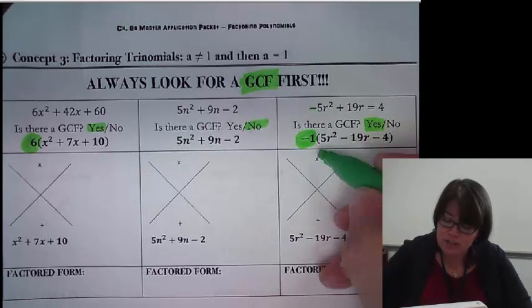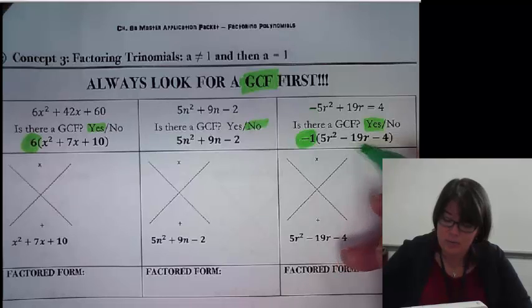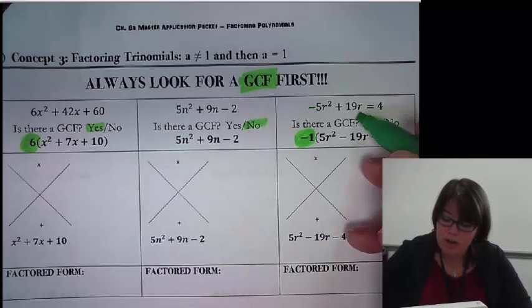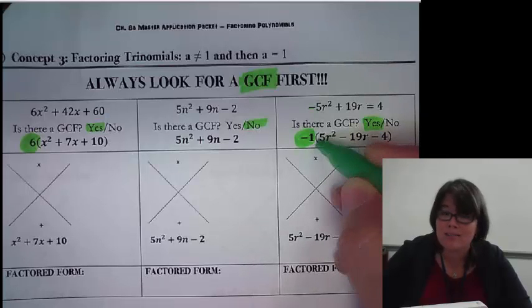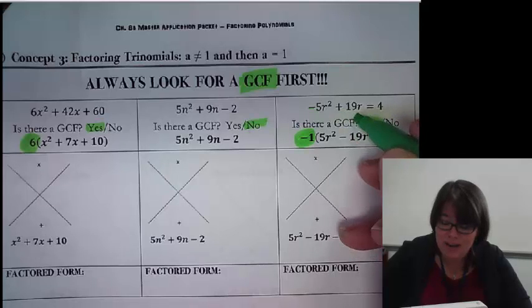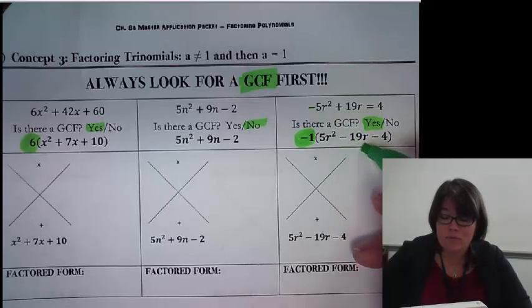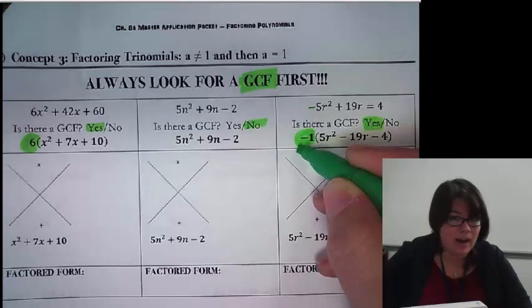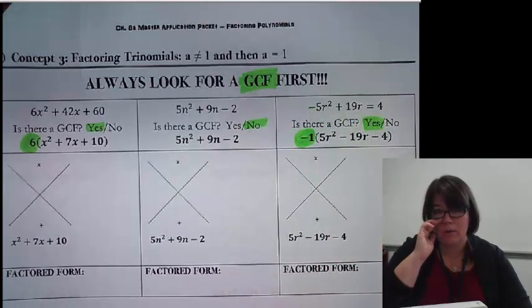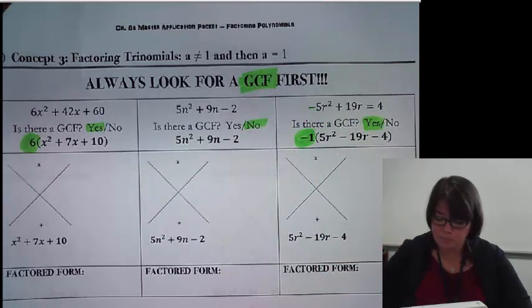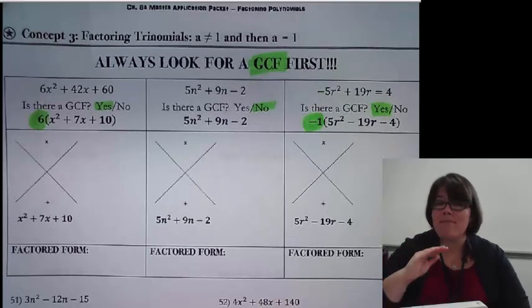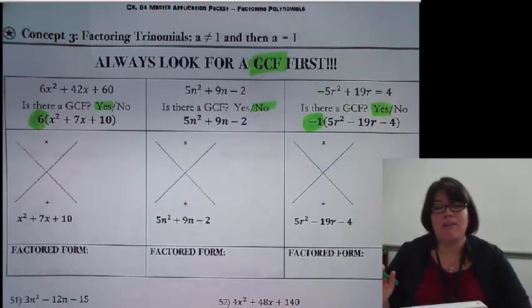The coefficients will still stay the same. The constant we moved over. But what you'll notice is that the signs changed. Instead of -5r squared, now we have a positive 5r squared. Instead of positive 19r, now we have a negative 19r. So when you factor out that -1, just divide by -1 the same way that you always would to see what's left over. So once you have that done, you've factored out your greatest common factor,